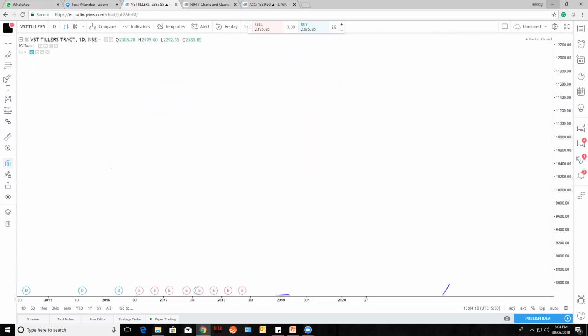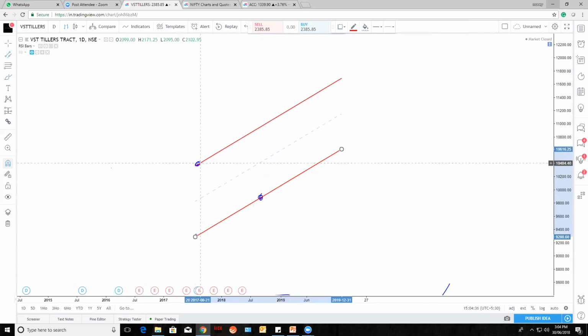Okay, I'll go once again. Let's say to draw the upward channel, you need to have 2 lower points and 1 higher point. Means 2 lower points and 1 higher point to make one upward channel. Let's take this one point, a second point, draw a little further and pull it upward, up to the candle's high. So that will become your channel for the upside.